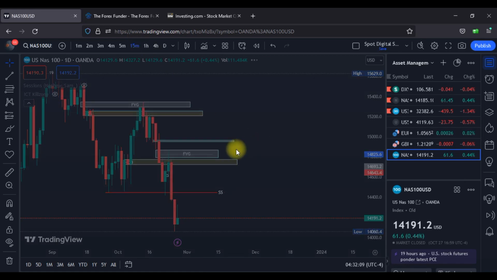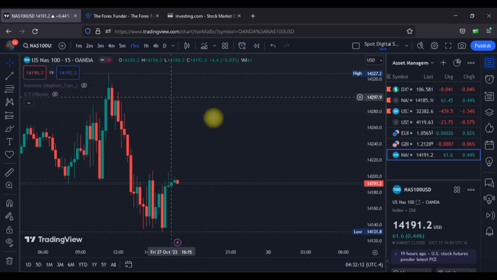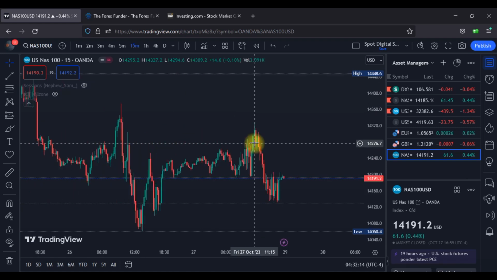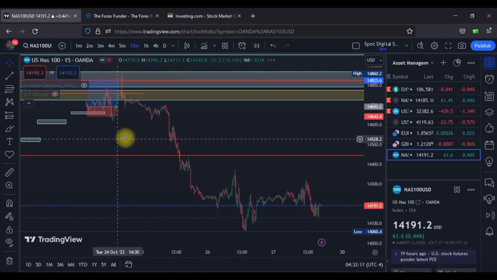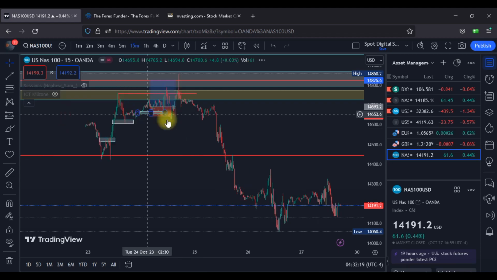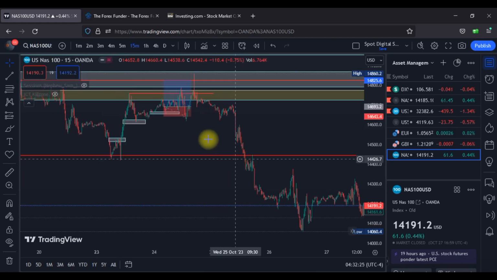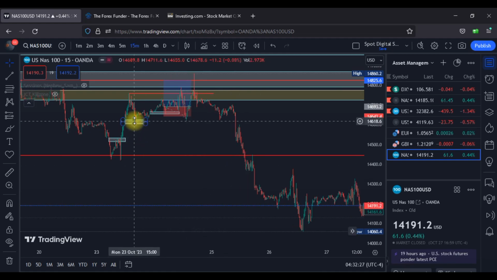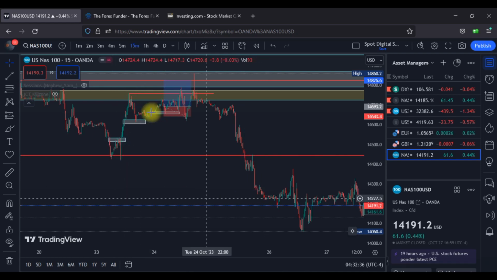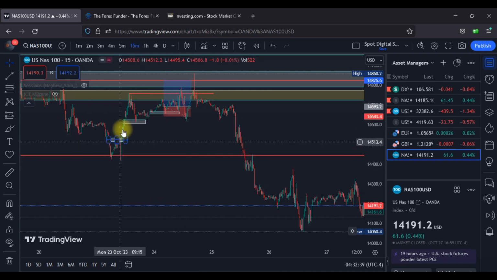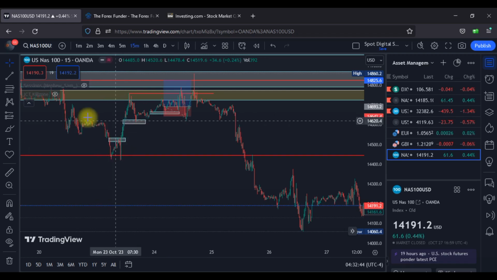So on the 15 minutes, when you check your higher time frames for directional bias, you go to your lower time frames to get a nice trade entry. So how did this go? Yes, this was the point where the liquidity was taken. That is that daily sell side liquidity, which was marked red, I showed from the beginning, and price began to move upwards till it went out of this range,